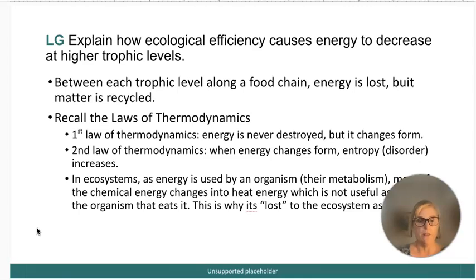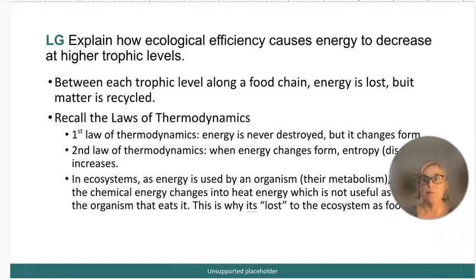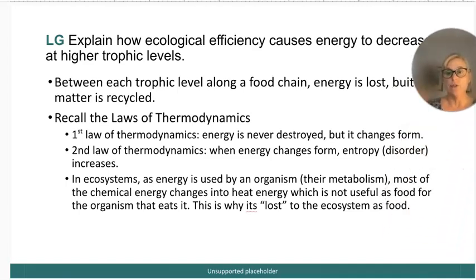Keep that straight. Remember the first law of thermodynamics that you studied in a previous science class? The first law says that energy is never destroyed, but it changes form. The second law states that when energy changes form, something called entropy, which is disorder or chaos, increases. Here's how we relate it to trophic levels. In ecosystems, as energy is used by an organism through their metabolism, most of the chemical energy changes into heat energy, which is not useful as food for the organisms that eat that organism. This is why it's lost, quote unquote, to the ecosystem as food. That's why we say energy is lost, but matter is